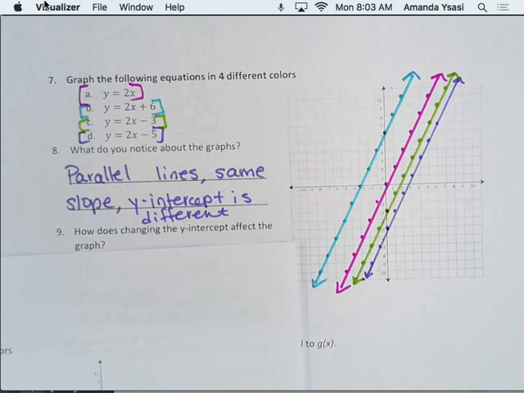Now think about, how does changing the y-intercept affect the graph? Raise your hand if you can tell me what you thought. It moves the line up and down. It moves the line. Think back to your 8th grade math, when y'all did transformations with